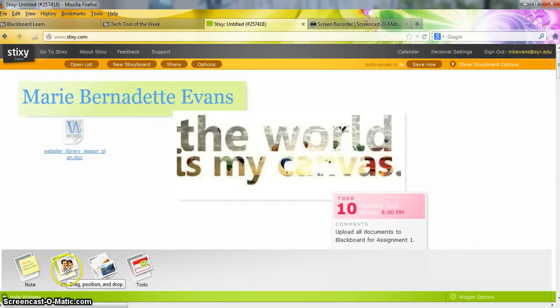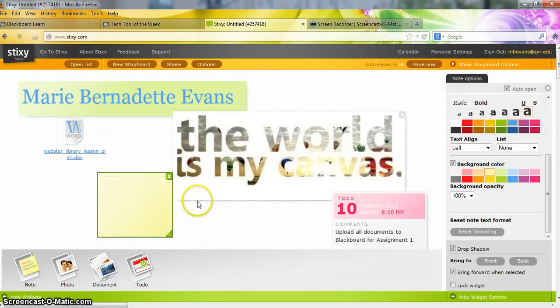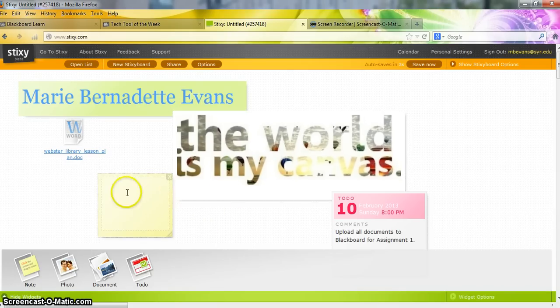If I wanted to add more notes, I just drag and drop, and I can do that. You can layer things, as you can see, on top of each other. And there's a way to send things to the front and to the back to organize. You can upload multiple documents if you want to use a Stixy board as a clearinghouse for multiple documents for a project. And now I want to give this board a name